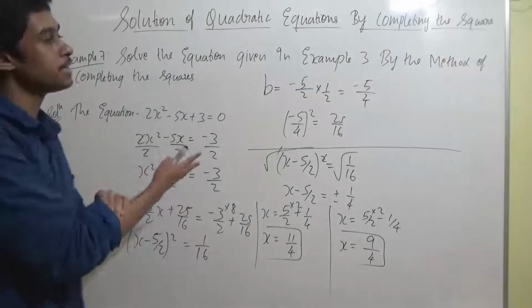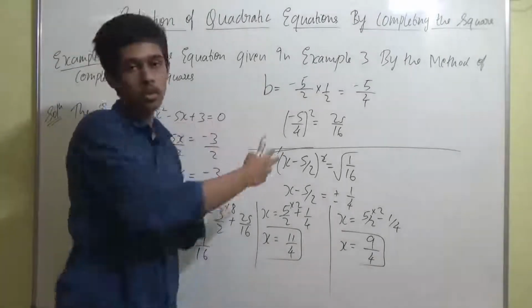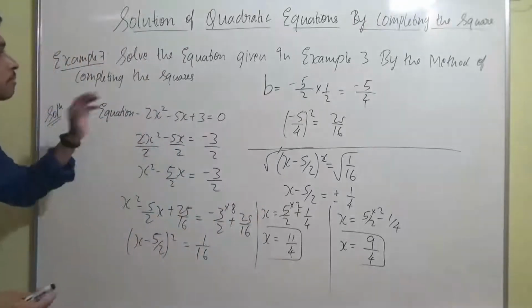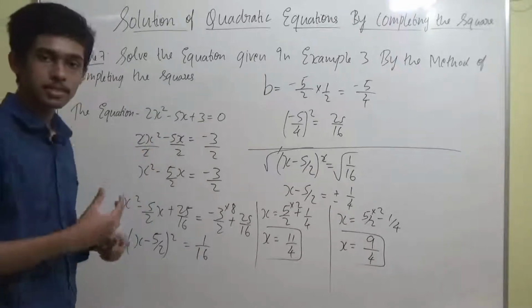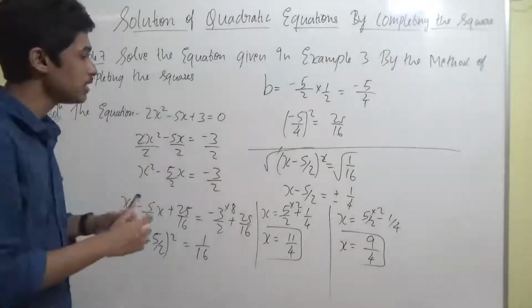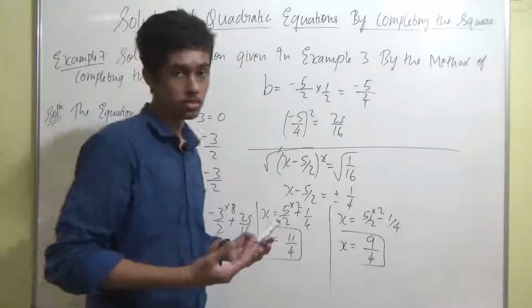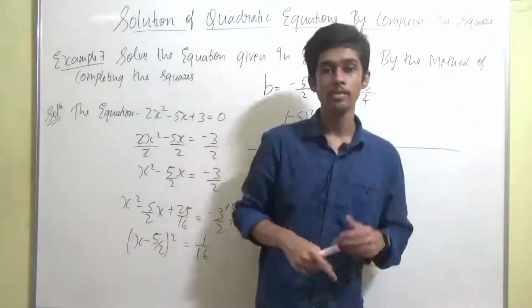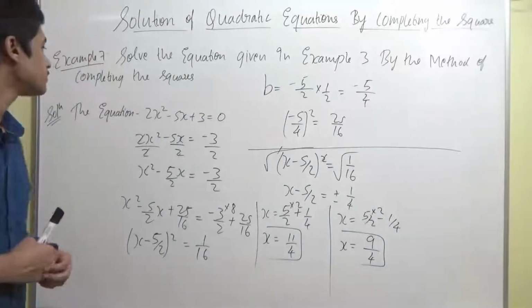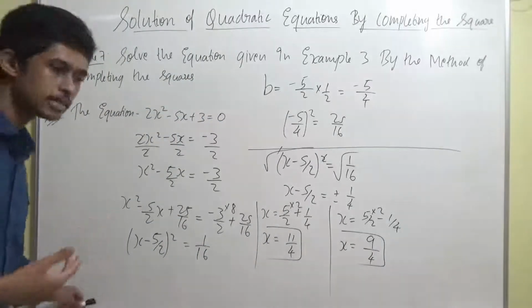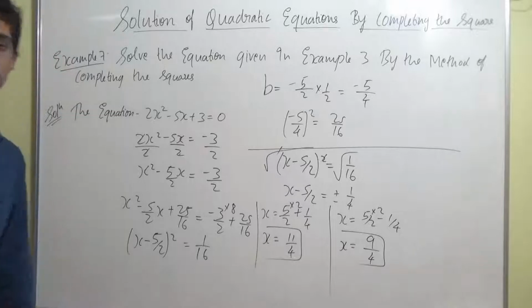It is an incomplete square. You can't solve using the square method initially. But what we did, we used some methods, we did a few things, after which we got an equation in which we can find the solution by just taking the root. That is called first completing the square and then finding the solution. That's it, guys. We'll do more examples so that you will understand this method well, right?